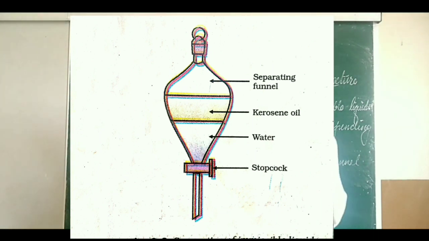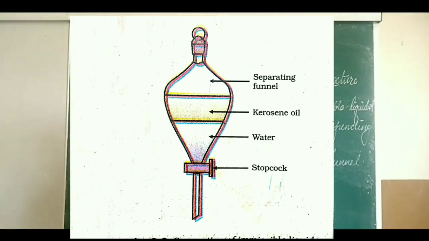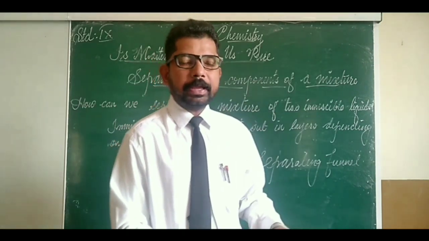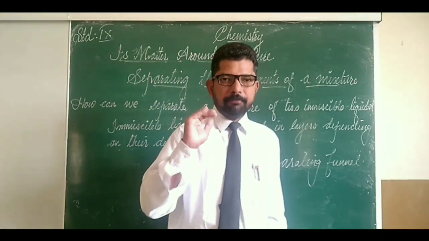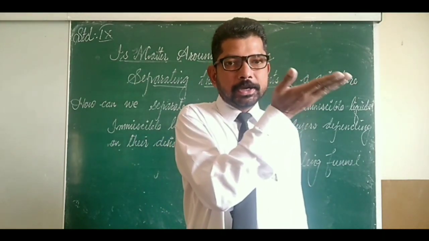Now I will explain the procedure for this experiment. We already said there is a mixture of kerosene and water. So now we have to add kerosene and water to this separating funnel. After that, let it stand undisturbed for some time so that separate layers of oil and water are formed. If we keep it for some time without disturbing, we can see that there will be separate layers of kerosene